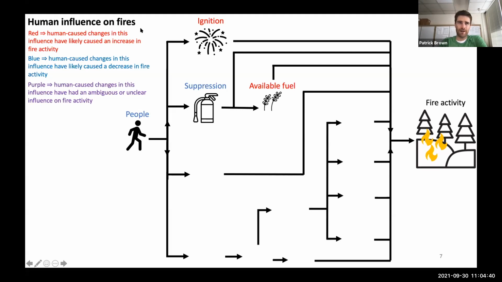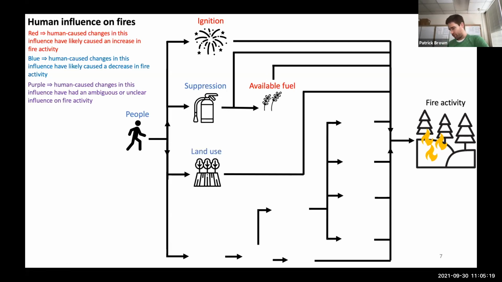So see, this is red, right? Humans are causing an increase. This is blue. Humans would cause a decrease via suppression. But when you suppress fires, you allow fuel, you allow more vegetation to build up because it's not being burned at more frequent intervals. And so that's red. That can actually cause an increase in fire activity. It's this backfire effect: if you suppress fires too much, then you build up fuel, and when you do have a fire, you have a very bad fire with lots of fuel.